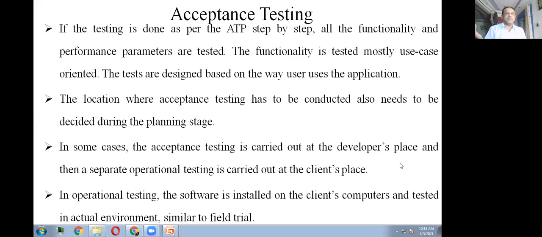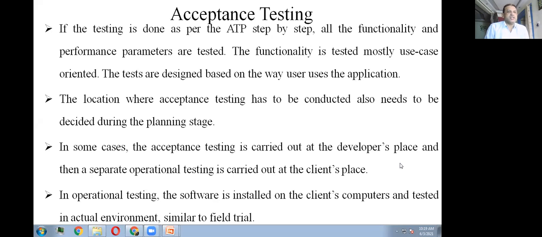The systems may not be ready, or the software which he wants to purchase may not be available. When the entire client setup is ready, we do a separate testing, which we call operational testing.